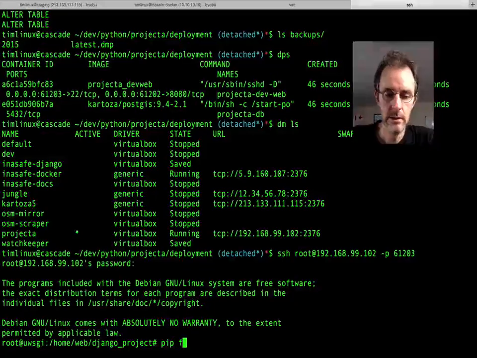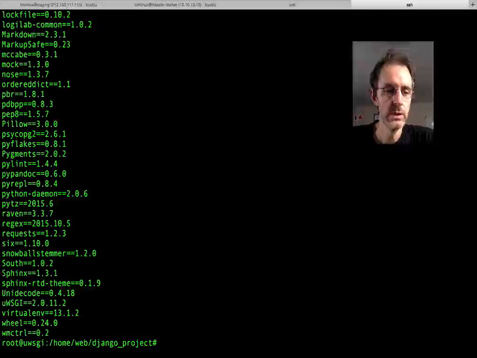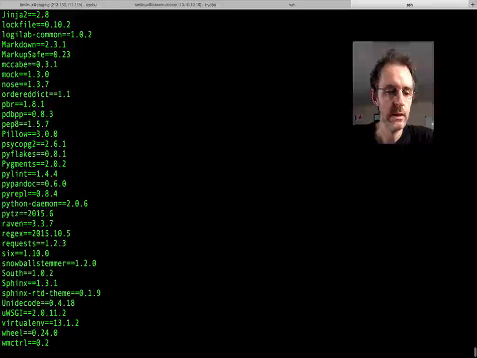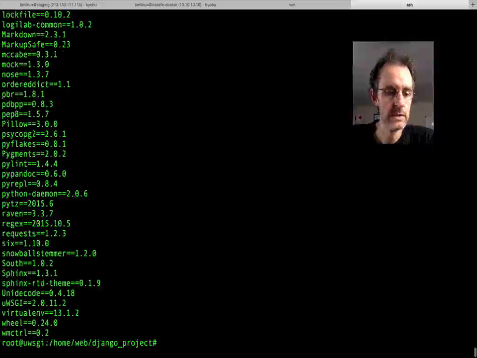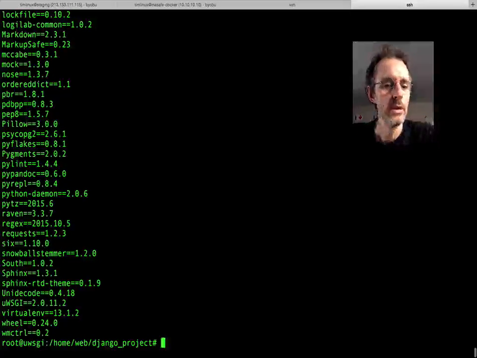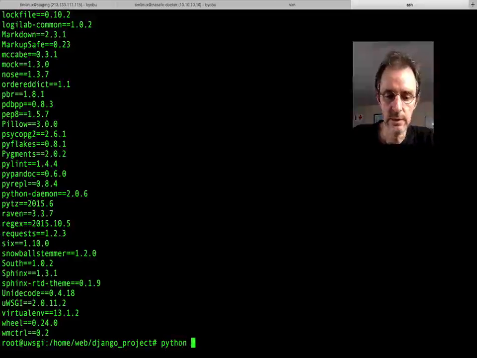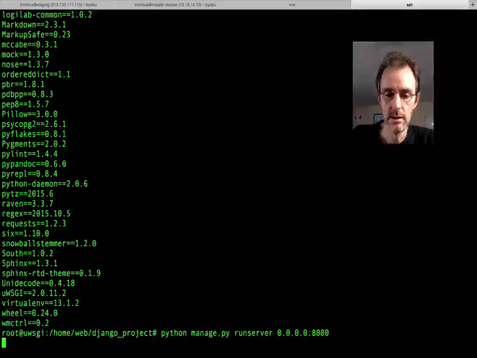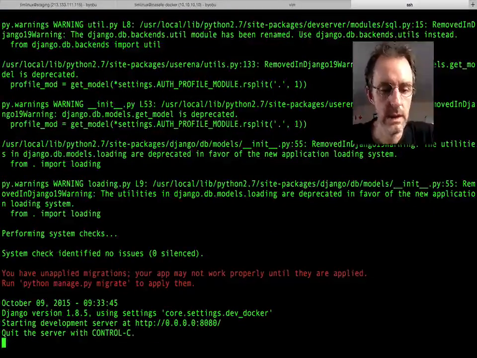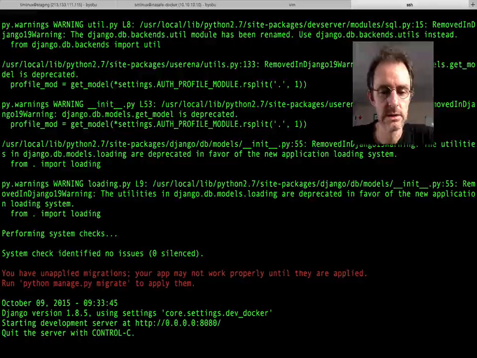And if I look here, I should see all the standard stuff installed, including development things like Pylint and Nose and so on. So we've got our production packages and our development packages installed in here. And if I'm lucky, I should be able to just say python manage.py runserver, like that, and it will bring up the server, and we can go and have a look and see if that works